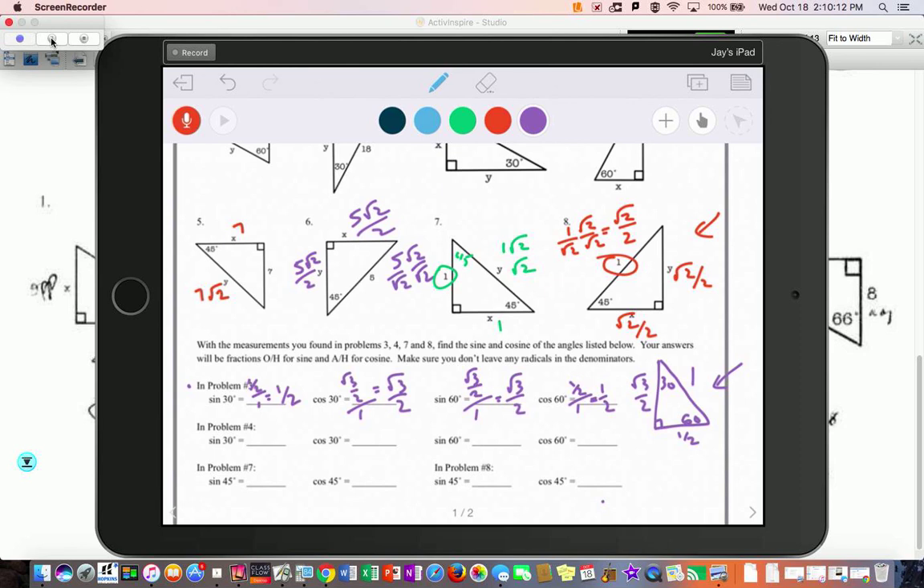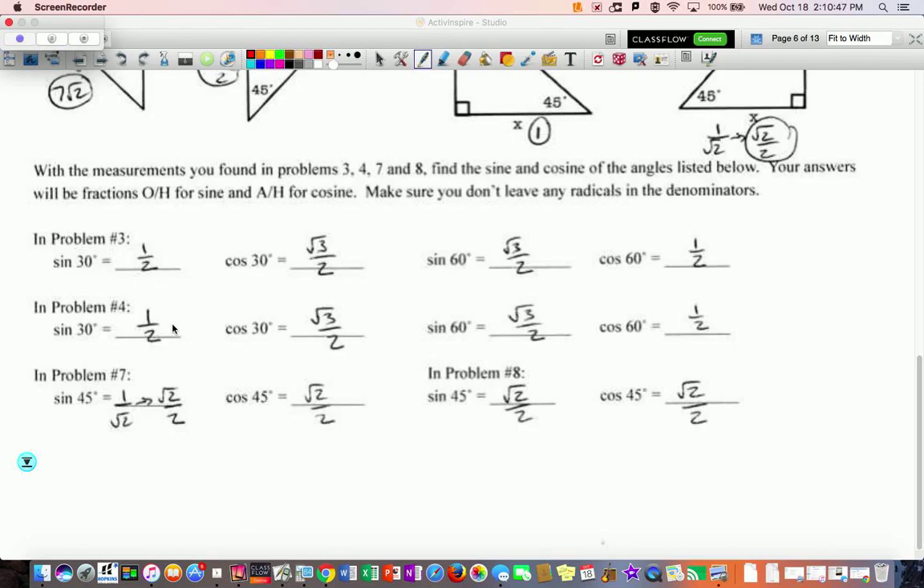You can pause the video and now find the rest of these using either the red or the purple triangle. So hopefully these are the answers that you came up with. And you'll notice that the 45s are always root 2 over 2, root 2 over 2. Doesn't matter what problem you were doing it in. But this is the 2 pages in between lectures 4, 1,